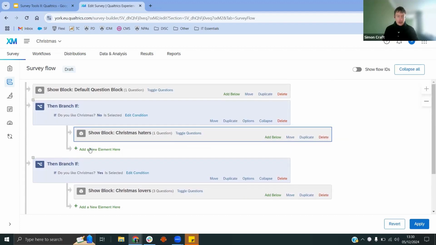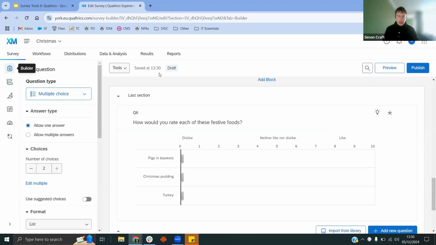So you can see that the branch is appearing as I add them. So that's a way to see all the logic you've set up for your survey. You need to remember to hit apply for it to save those changes. Another difference to Google Forms. But once I've done that, if I go back into my survey and preview it, then hopefully,